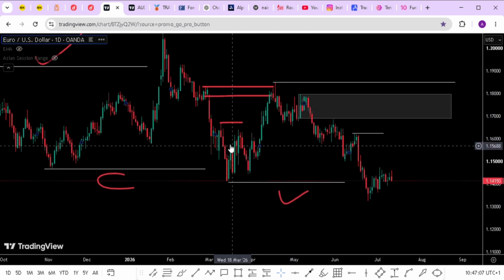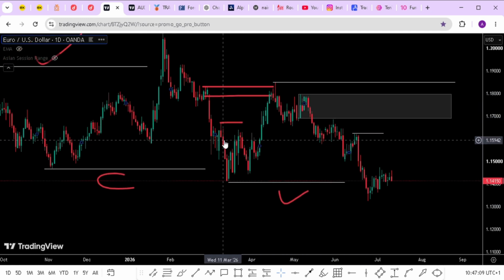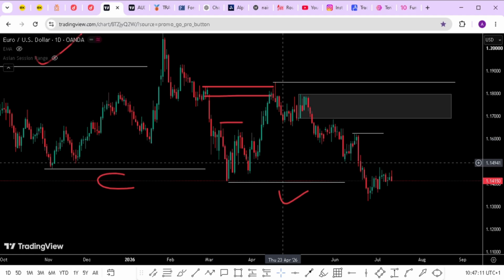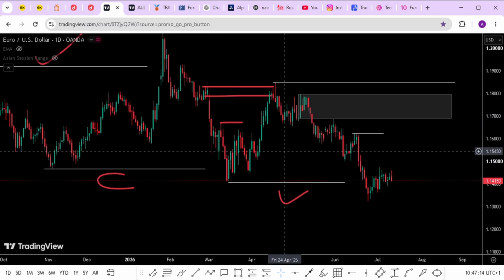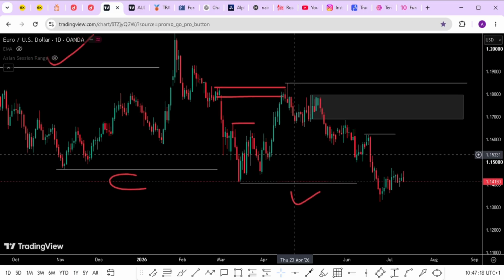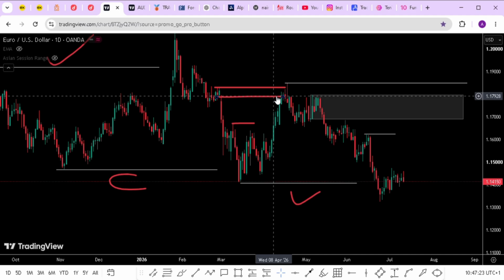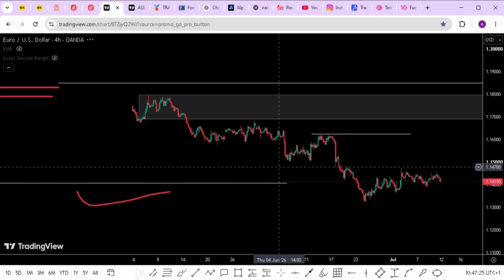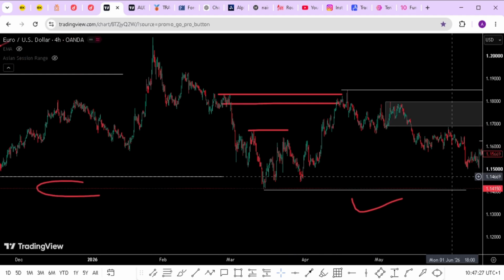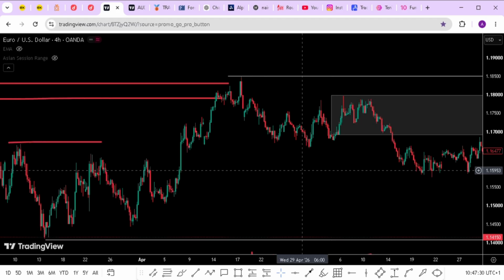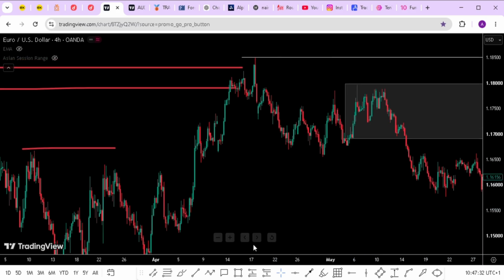So the concept is when you analyze on the higher time frame, go to lower time frame and do exactly what you're supposed to do. The process remains the same. What you look for in the higher time frame is what you're going to look for in the lower time frame. So if you go to lower time frame from this level now, I think I've explained this. You can see what the market did.